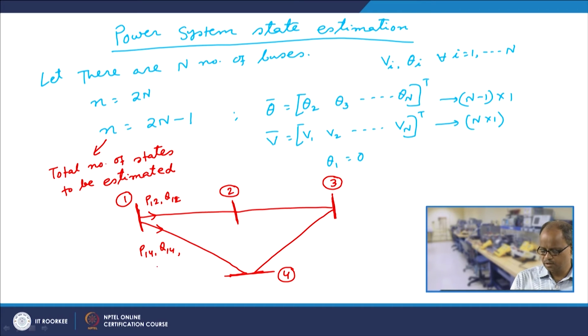We can also measure I14, that is the magnitude. In other words, we can measure all real power flows over all the lines, all reactive power flows over all the lines, and the current flow magnitude over all the lines. We can also measure some of the voltage magnitudes. Of course, we probably cannot measure the angles, but we can always measure voltage magnitudes by putting voltmeters. So, our possible measurements are